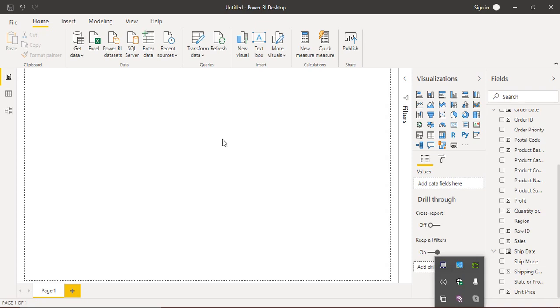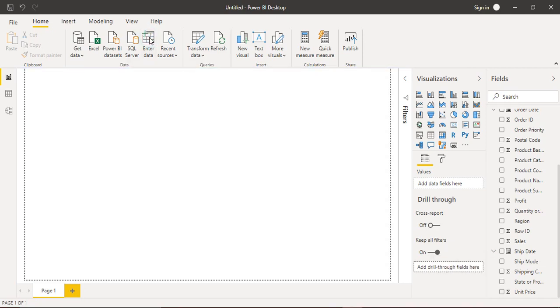For that, first of all make sure that you have opened your Power BI. Then in the data group, you will find something called Enter Data. If you hover over it, there is a small tooltip that says you can create a new table by typing or pasting in new content. So this is one way through which you can create a table for yourself in Power BI.